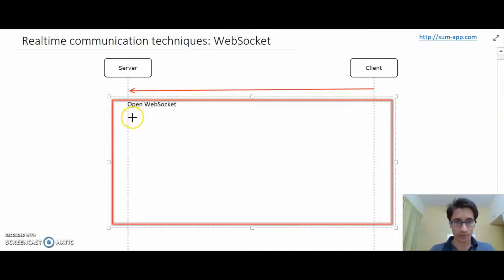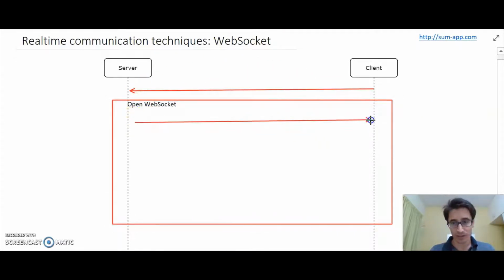In this protocol, the server could initiate such a communication and would trigger an event on the client side to process the communication that has just reached from the server. At the same time, the client can as well send data to this server. So by nature, you have a bidirectional flow.